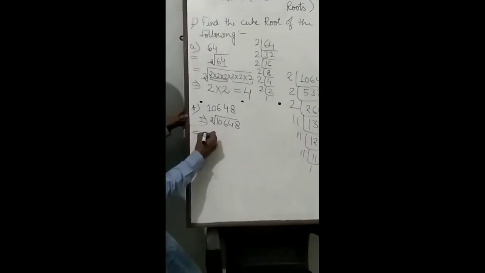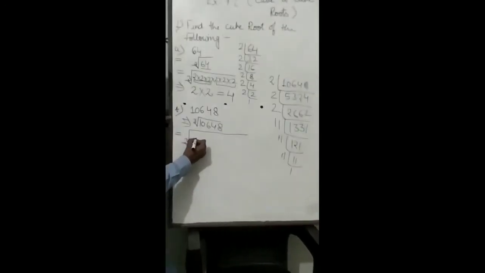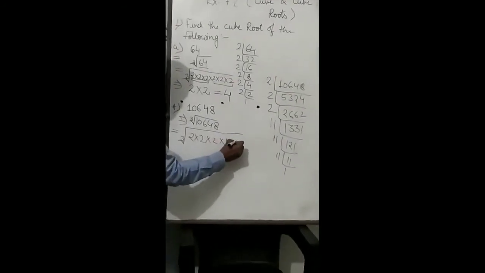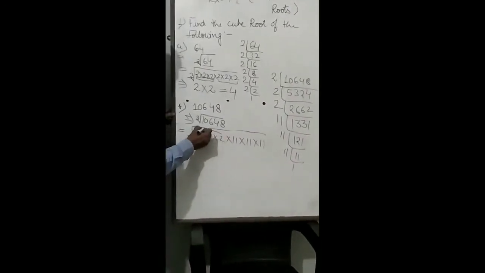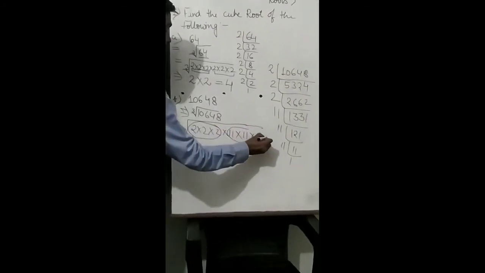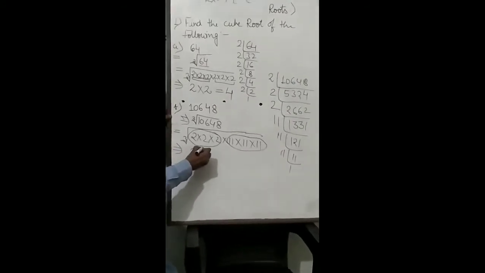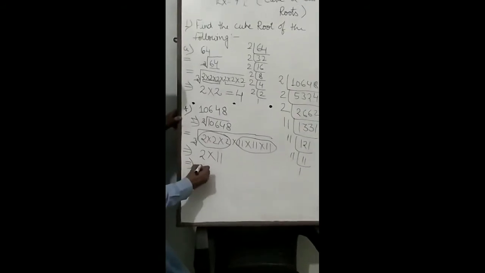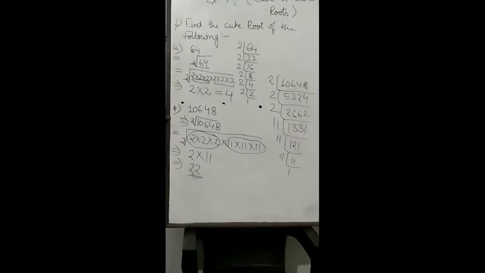Now students, you have to note down each and every factor of the digit inside the cube root symbol. That means 2 is here 3 times and 11 is here 3 times. Now you can see, students, this group is completed because 3 2s are here, and this group is also completed because 3 11s are here. That means we will pick one 2 from here and one 11 from here. That means the answer of this question is 22. So students, try to solve the rest of the parts of this question number 1.